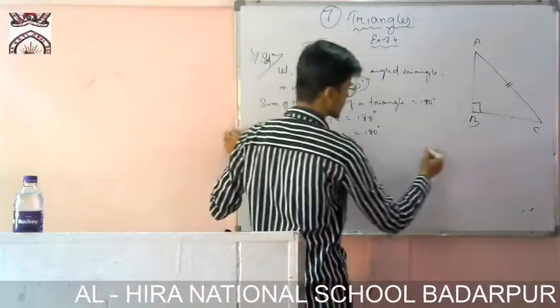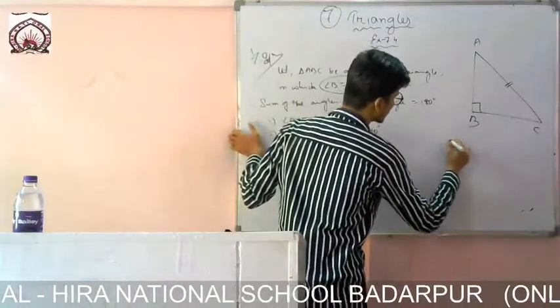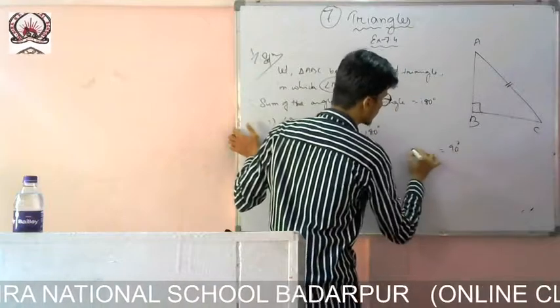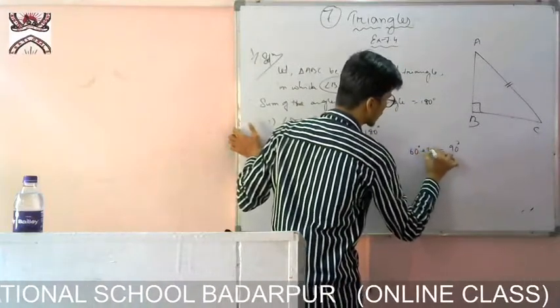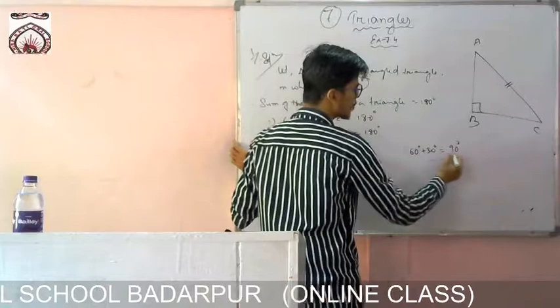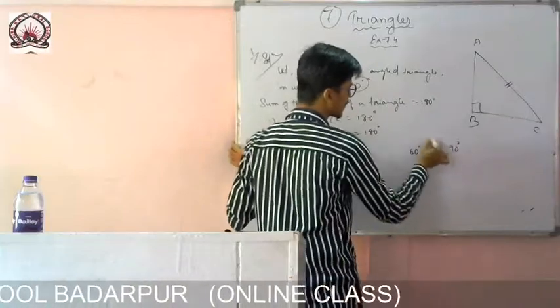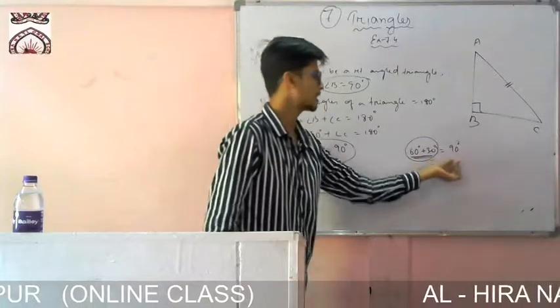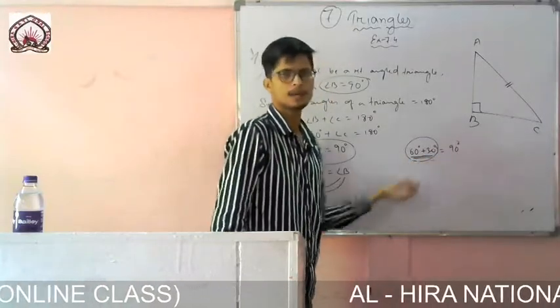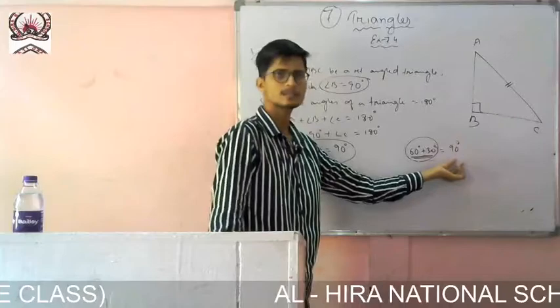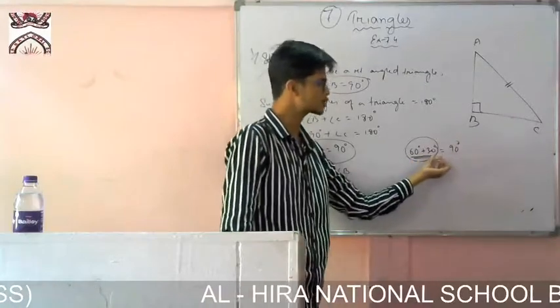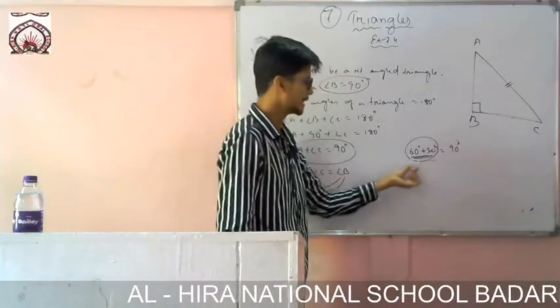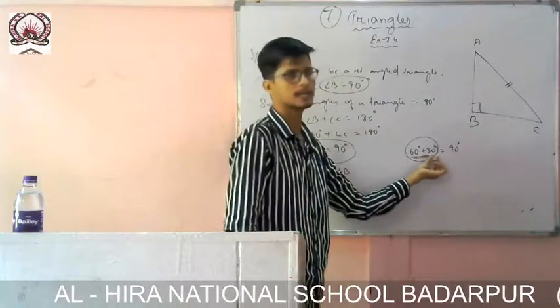Let me take one example. If angle B is equal to 90, it may be like this: one is 60, another one is 30. No one will be completely equal to 90 degrees. There are two angles, so the sum of them is equal to 90. So whatever the angle may be, it will be less than this angle, because after adding these two angles I am getting that angle. That means this angle is also smaller, that angle is also smaller.